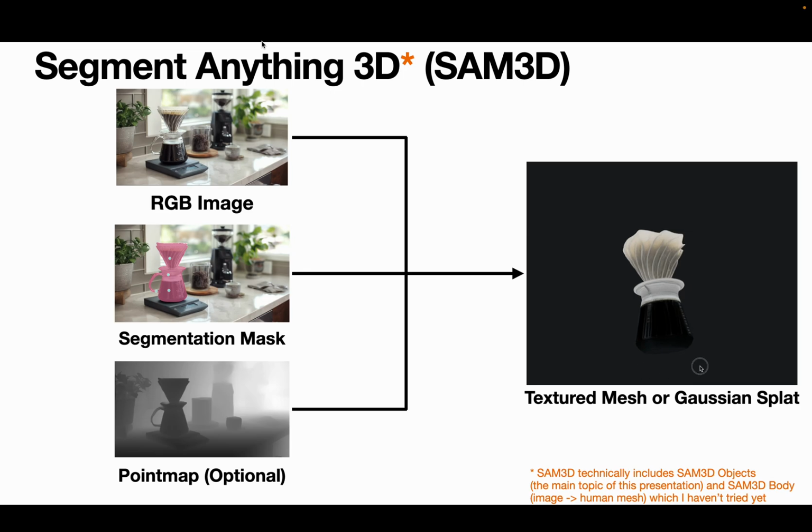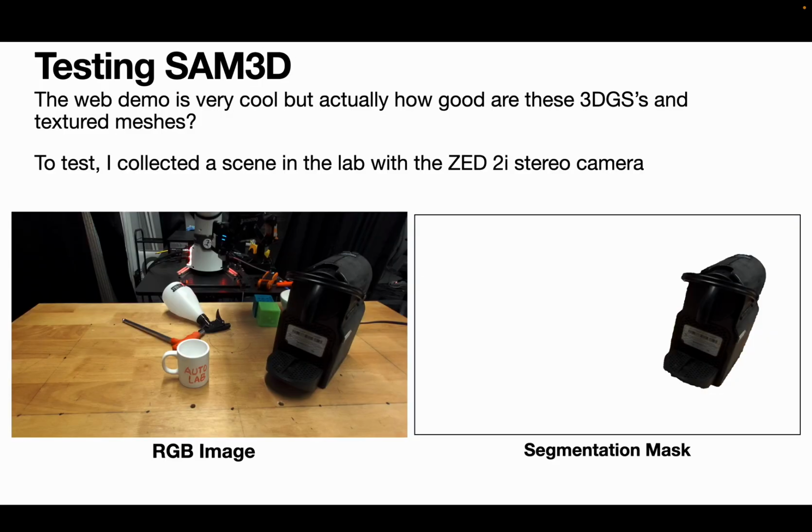So what's shown on the right here is a Gaussian splat of the coffee maker with the coffee filter on it that I got from running this on Meta's own website on their demo. Unfortunately, though, they don't allow you to actually export this, so I'm not sure how good the scale of this might actually be. So for testing it in the real world, we're testing it on some data I collected in